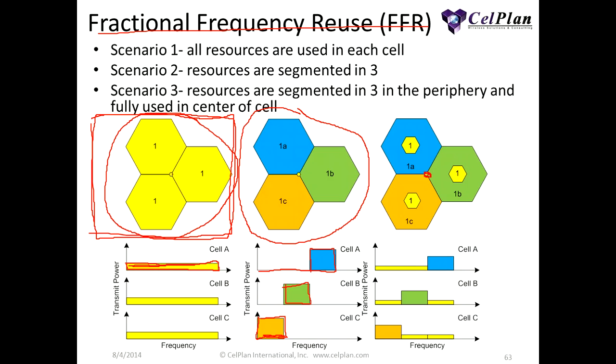Basically what happens here is that I have a tree, the middle scenario, but in the middle of the cell where the UEs are distant from all the interference, I may be able to use all the resources, 100% of the resources. Not around the cell, not here, but in the middle of the cell. Well, that's great on paper. Yes, I can increase the capacity,